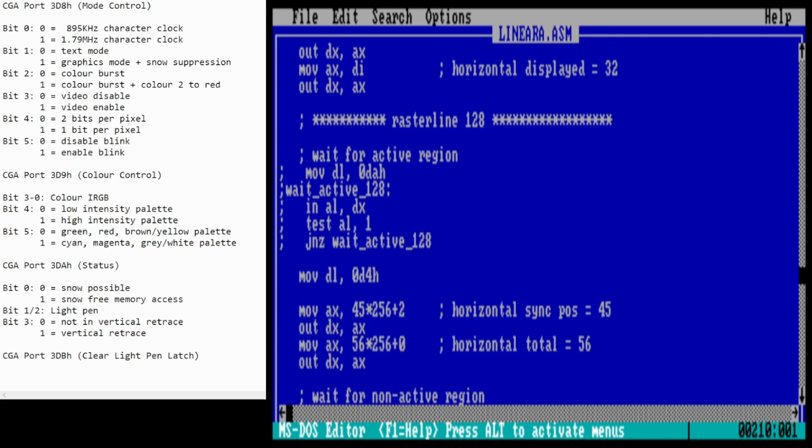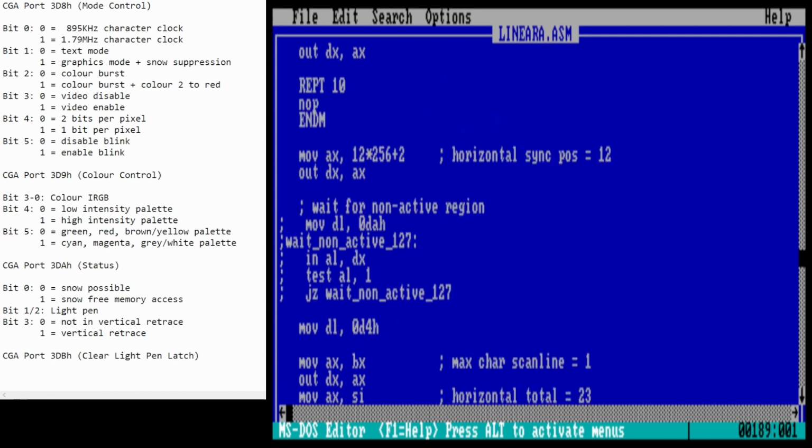And once again, the reason for this is the extremely long time that it takes to do our polling, this time for the start of the active region of raster line 128. So again, the solution is just to comment that out so that we save the 50 cycles and we get this sync position set to 45 well and truly in time. So that's the main change that I've made, but I decided to make one other change while I'm at it,